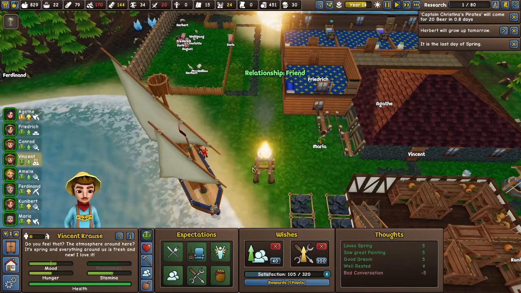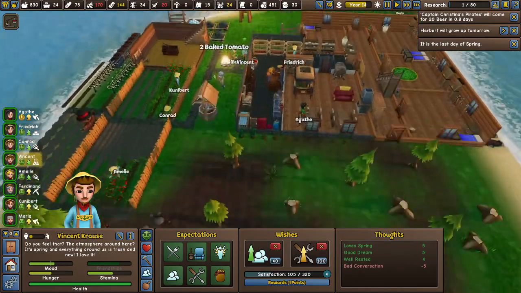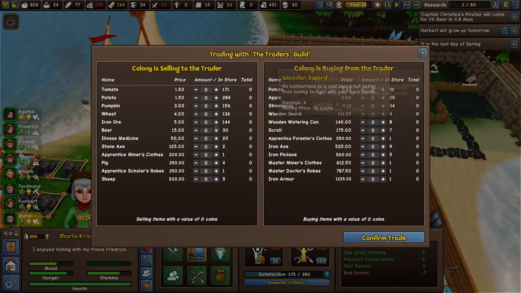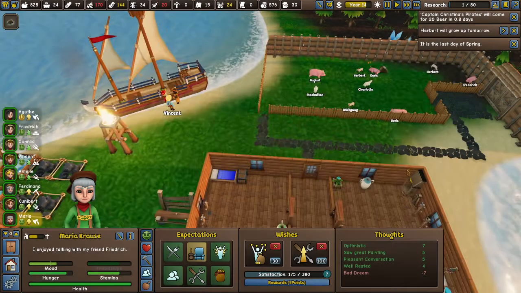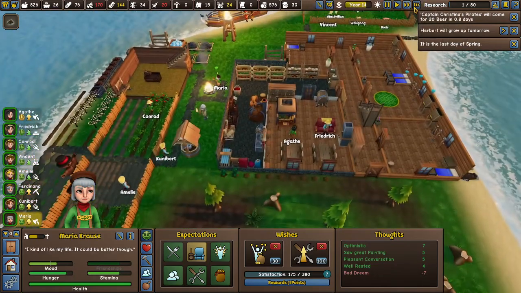Trader arrived. Perfect. Vincent, get your behind over here. We need to do some trading while we're at this. Where are you, Agatha? Agatha is doing some... Eating, there we go. Cheap apprentice scholar up, we can sell that. Minus clothing, stone axe. Sure, let's sell a stone axe. Apart from that, we don't really have anything we can sell. Iron armor, master doctor robe, iron pickaxe. Yeah, we are a little bit far away from these kind of things, but we need to keep some money